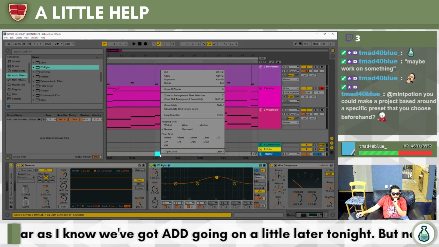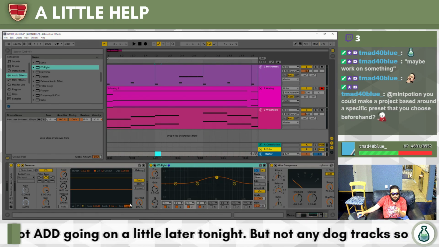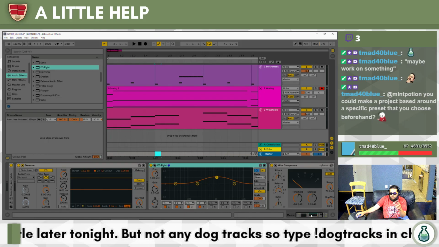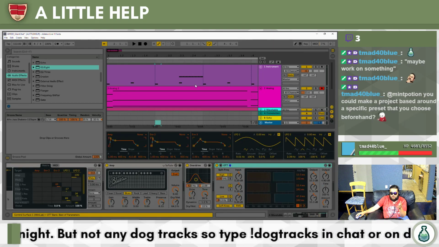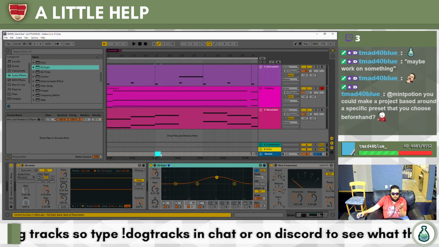Shout out to Mr. TMAD for this tip, where you can get the duration at the bottom of the screen. It allows you to just punch in, like, it's 265 milliseconds, right? Oh, okay.